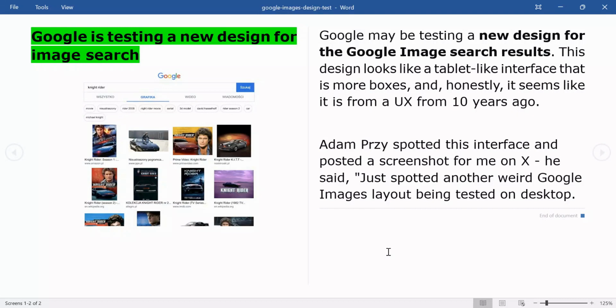So the update is basically that Google is testing a new design for image search. You can see in the screenshot there is a new UX design. So Google may be testing a new design for Google image search, and it looks like a tablet, and here there are more boxes, okay, as compared to before, and Google is changing their UX, image search